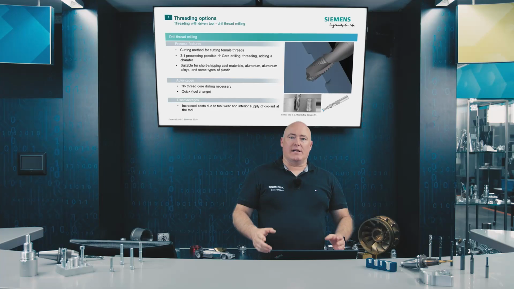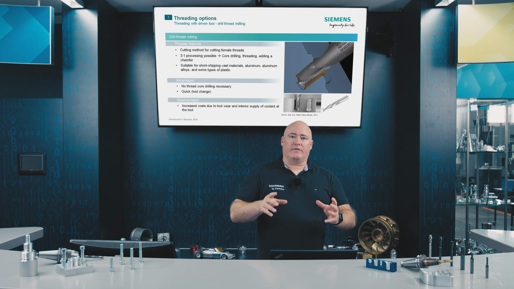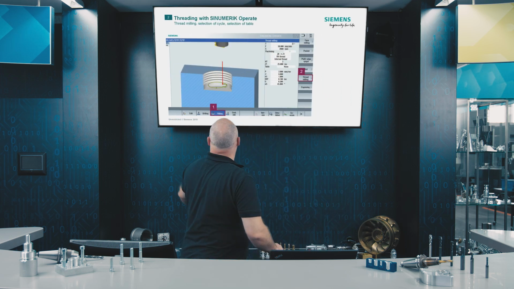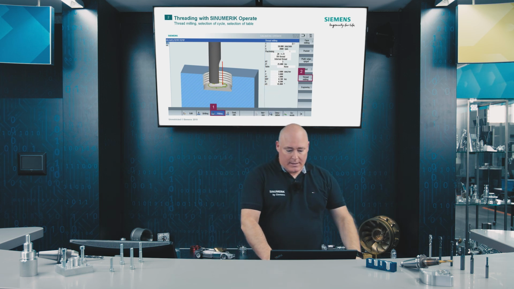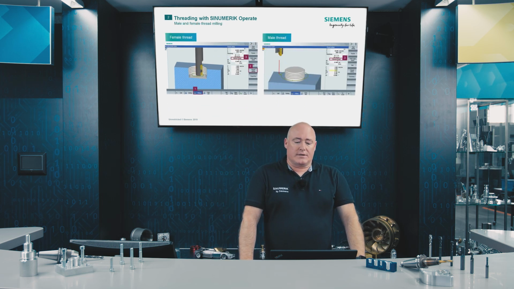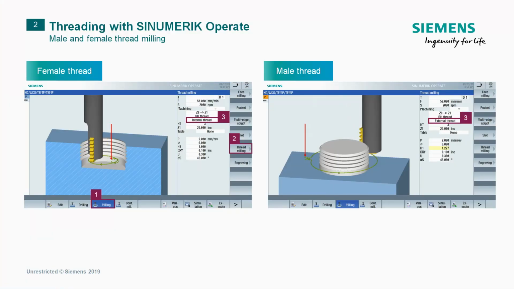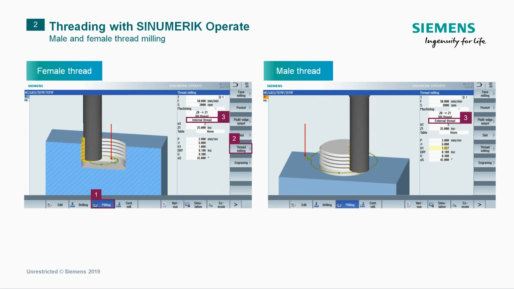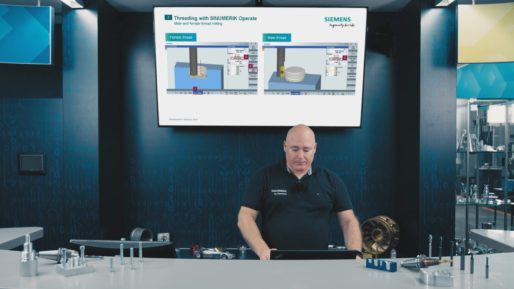In preparation for our practical section, we'll take a quick look at how we access the respective machining input screens for the manufacturing processes. Thread milling can be found under Milling and then Thread milling. The opened cycle screen for thread milling allows the option of selecting and deselecting the female thread or male thread to be produced. Female and male threads are not shown in separate screens, but rather on one screen together.